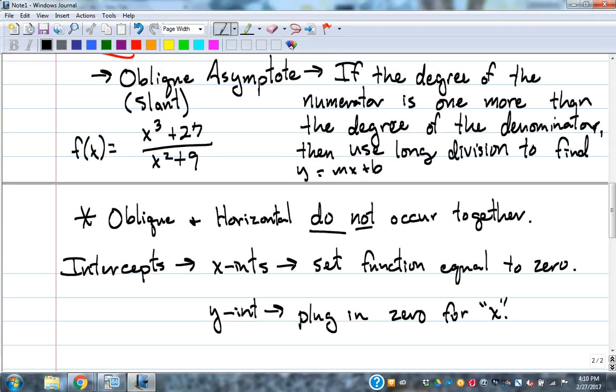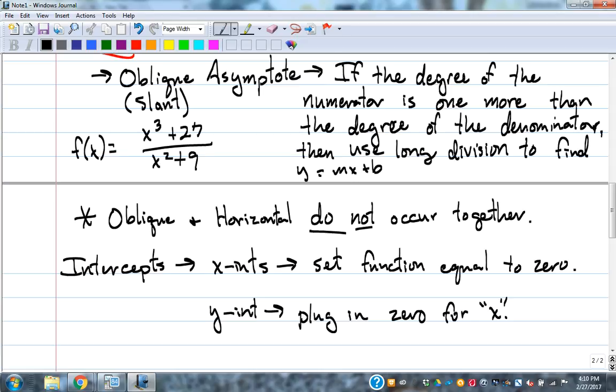X-intercepts are setting the, not necessarily the original, the simplified version works fine. To find the x-intercepts, we are setting the simplified version equal to 0. You use the simplified version just because it's smaller, it's easier to use. And then